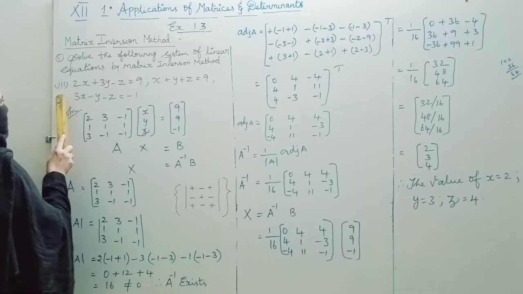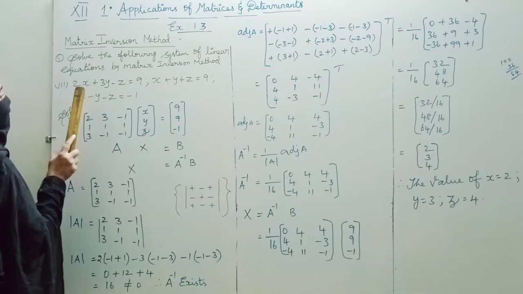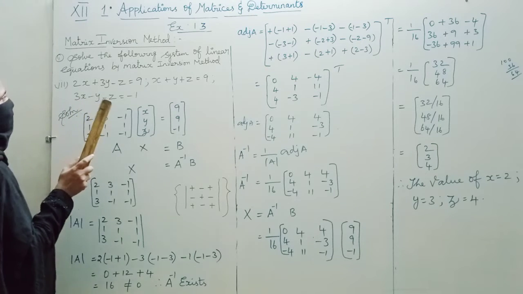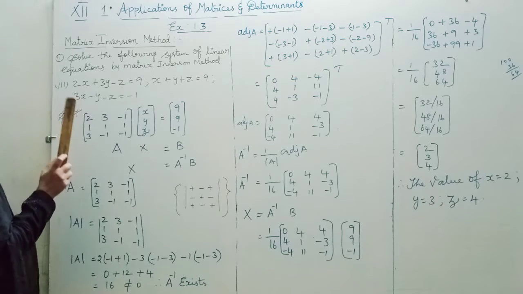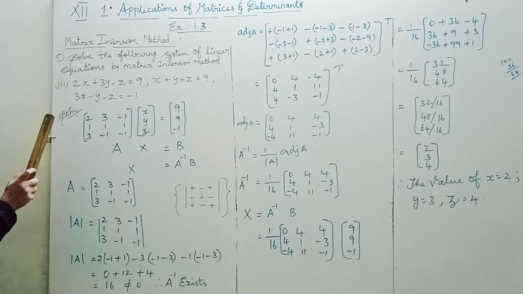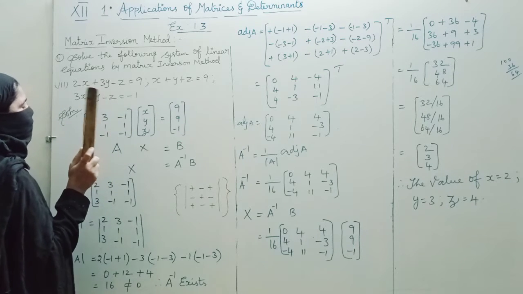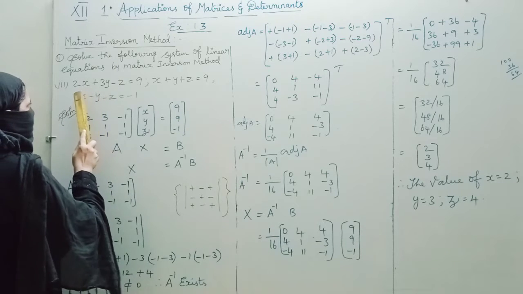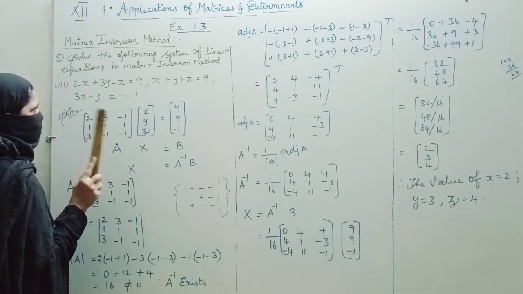Before this subdivision we have seen 2 by 2 matrices, but in this subdivision we are going to see 3 by 3 matrices, 3 rows and 3 columns. By using the matrix inversion method, how should you find out the linear equation? Let us see how to find it using the matrix inversion method. For 2 by 2 we are able to find x and y values. This one is a 3 by 3 matrix, so we want to find out x, y and z.